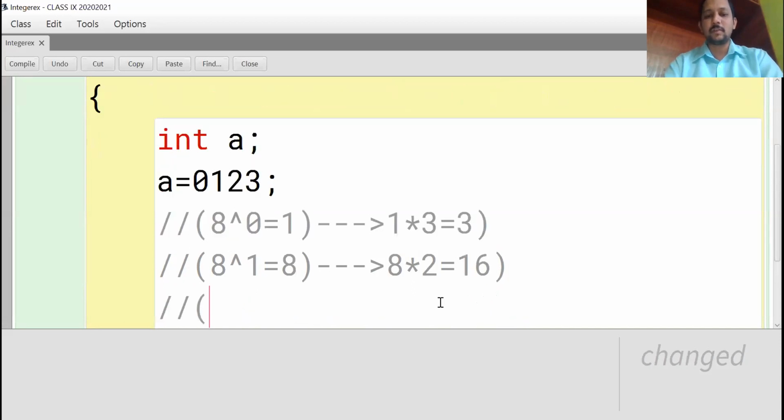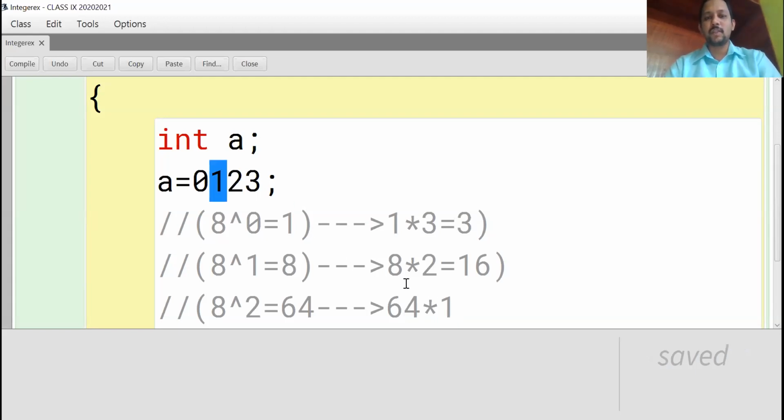Third step, see. 8 power 2 is equal to 8 square, 64. That means 64 into 1 here, position 1 is there. 64 into 1, 64.